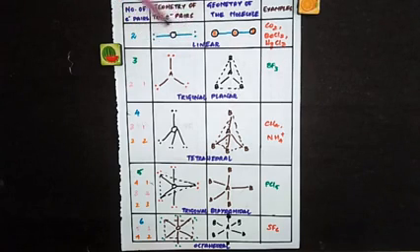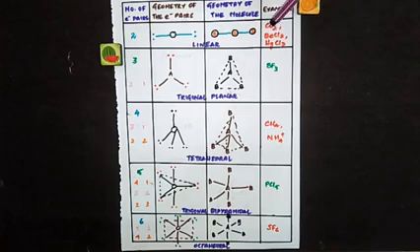These are the two bond pairs. They repel each other, so the shape will be linear. This will be the geometry of electron pairs, and this will be the geometry of the molecule AB2. Both are the same when there are only bond pairs, no lone pairs. Examples of this type are carbon dioxide, beryllium chloride (BeCl2), and HgCl2.